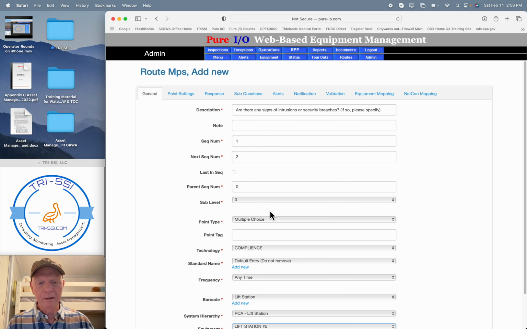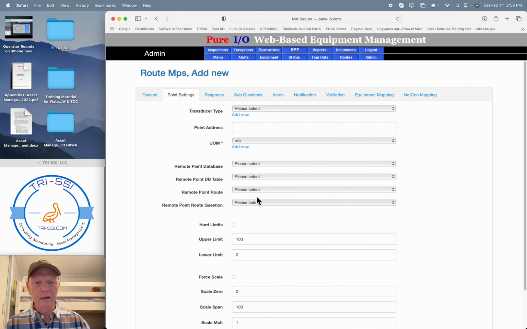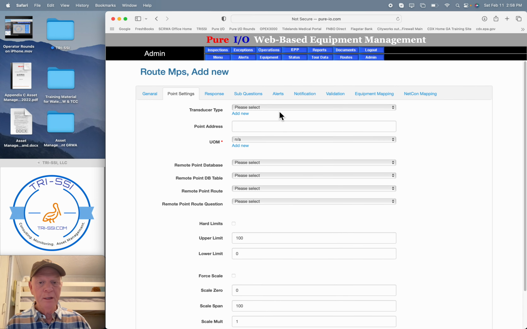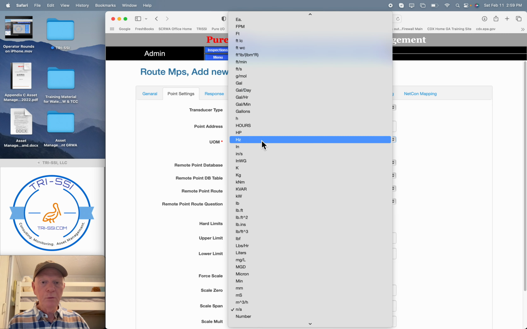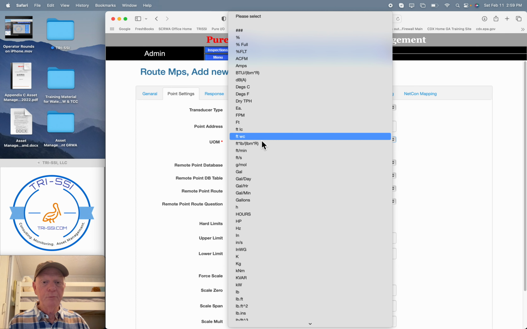And I want you to pay attention to the point type again. So we've got more questions to answer on this question that we're about to ask someone in the field. We ask these questions for various reasons. But what point type is this? What unit of measure? Notice that's the only thing that's highlighted here is unit of measure, and that's all we're going to talk about. We're not getting it from some imported area right now. This is human inspection. So what I'm going to say is we're doing this as a multiple choice, all right, question. So